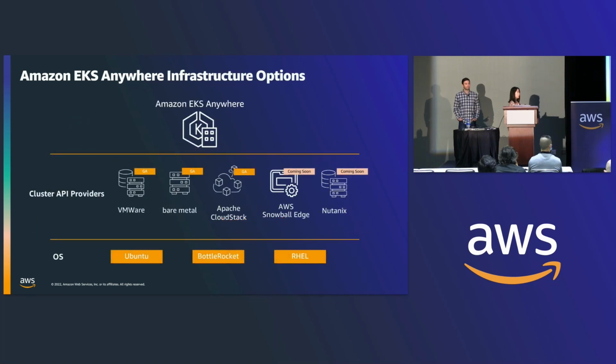Now, since about the same time a year ago, we launched EKS Anywhere first on VMware. And for EKS Anywhere, we actually rely on the Cluster API project, the CAPI project. So each one of these options you see on the slide is actually a CAPI provider that we integrate with. The first one we integrate with is CAPV, the VMware provider. And then